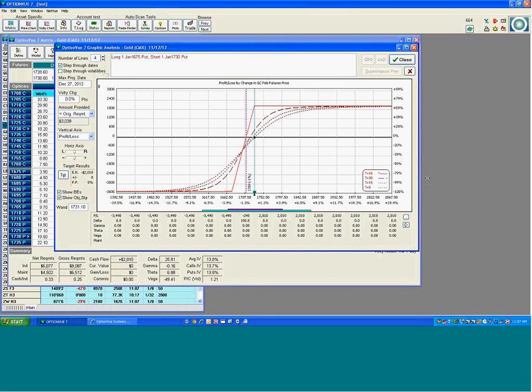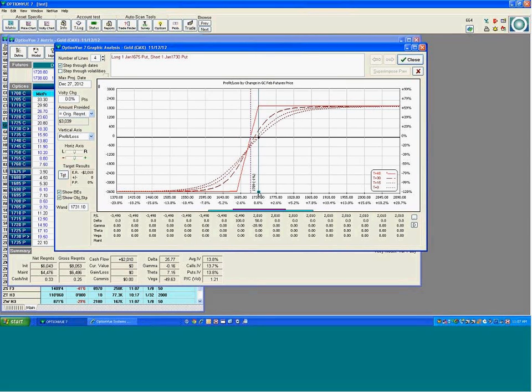If I change the size of what's on the screen, we can get the current futures price line up with this green vertical line that you see. So this is a typical looking performance graph for a bull put spread. I've got 4 what are called performance lines displayed, so that depending on what date we want to project to, we can see how much money the spread will earn on the upside or how much the spread will lose